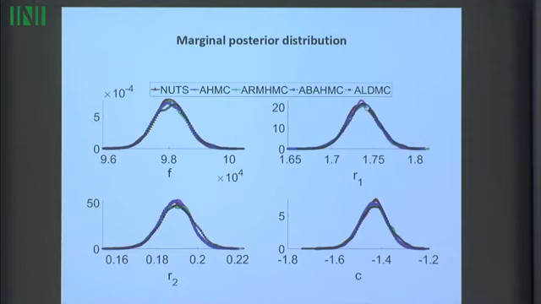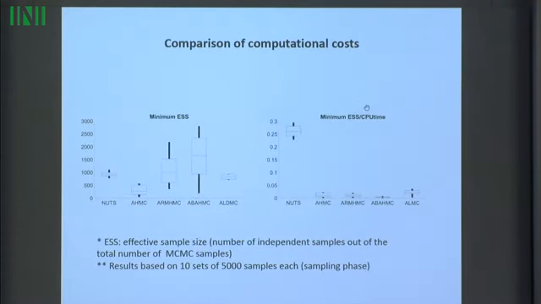We also repeated the simulations for different emulators, because they all start with different Sobol sequence initializations, and that also gives good agreement between these posterior probabilities. So we have confidence that we've converged to the correct posterior distribution. We can look at the computational complexity, so the effective sample size divided by the CPU time. And here it just turned out that NUTS, which does not use Bayesian optimization, was most efficient, that Bayesian optimization was in that sense sort of counterproductive, and that the computational costs were too high and you didn't gain